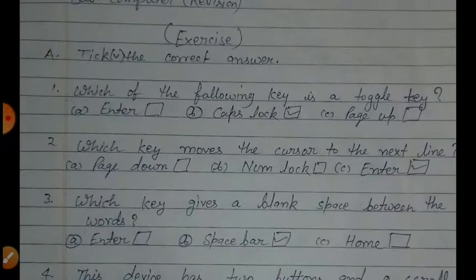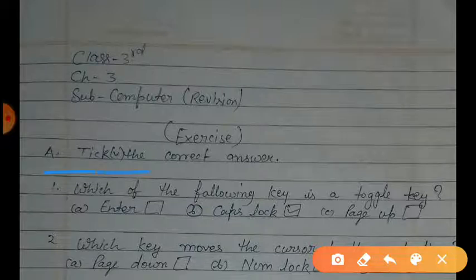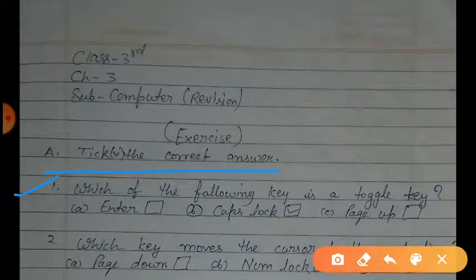Okay, here you can see exercise number A is pick the correct answer. In question number first, which of the following keys is a toggle key?